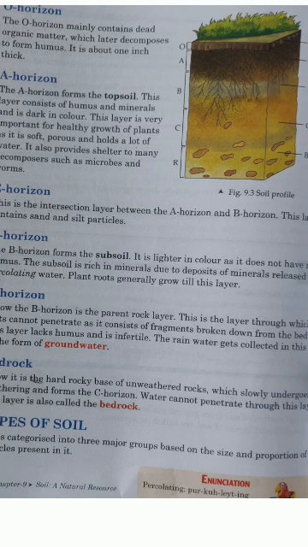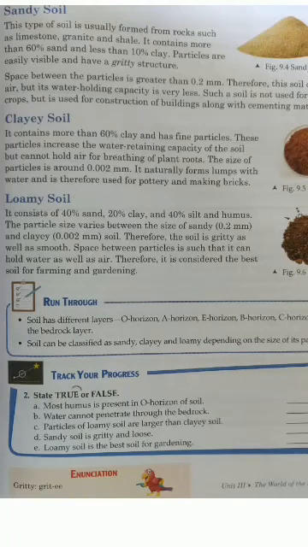Now we have the next topic, the types of soil. The classification of soil is done on the basis of two factors: the size of particles and the percentage composition. So first of all, if a soil has a larger amount of sand particles, and the sand particles are quite big in size, then we say that the soil is of sandy nature, and it is responsible for trapping air inside the soil.